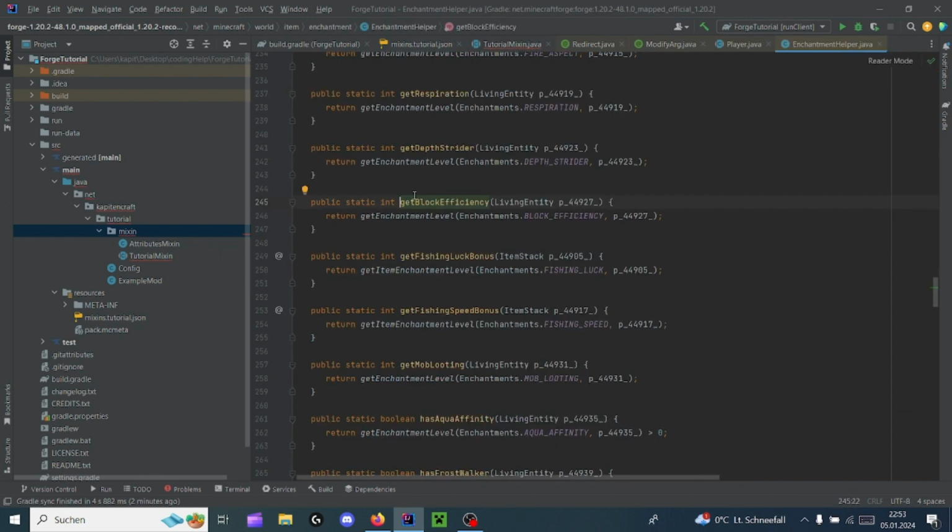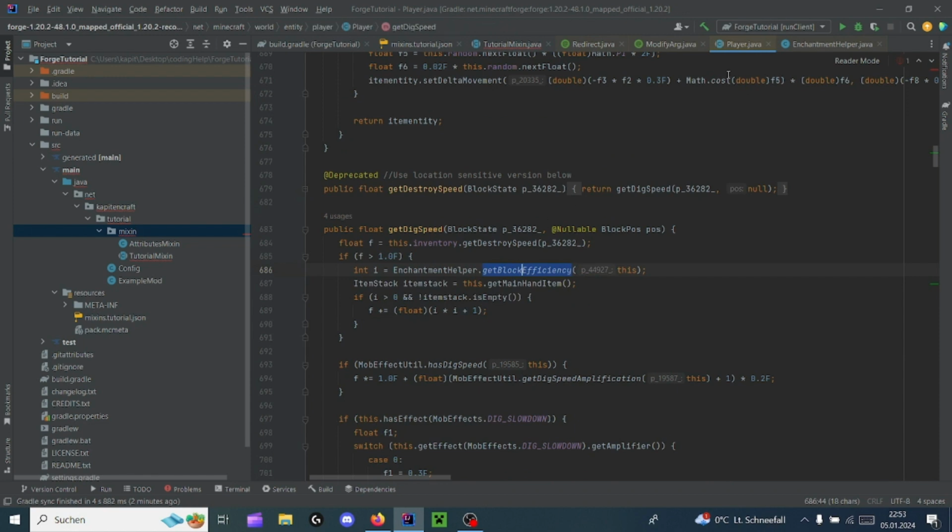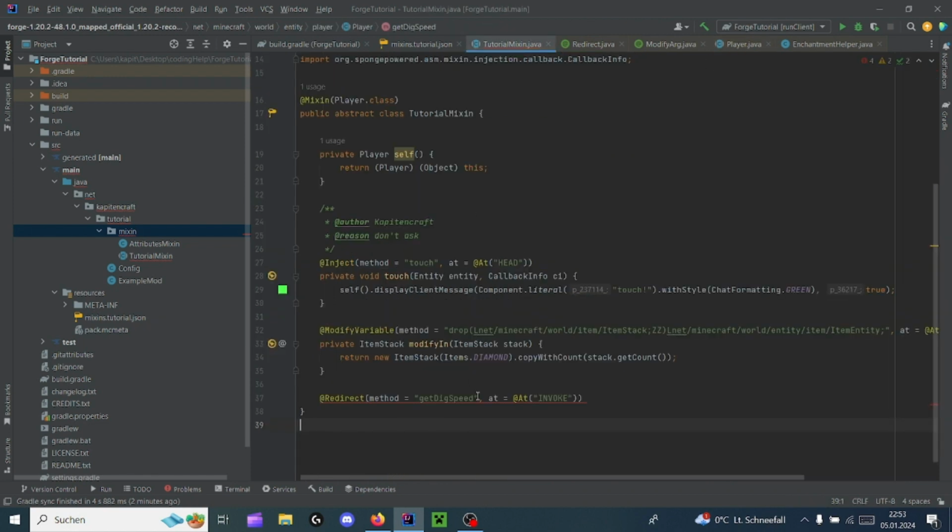In this case, we want to look at when, in this method, the get block efficiency method is called, and we are going to target it to